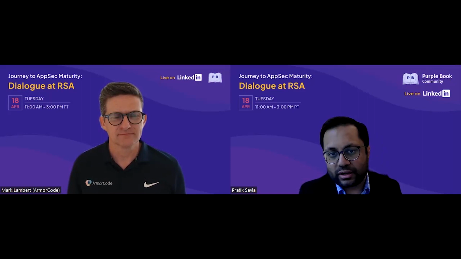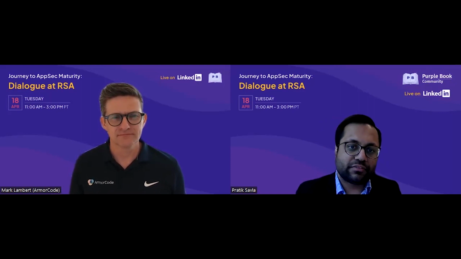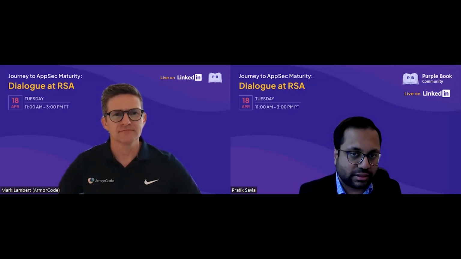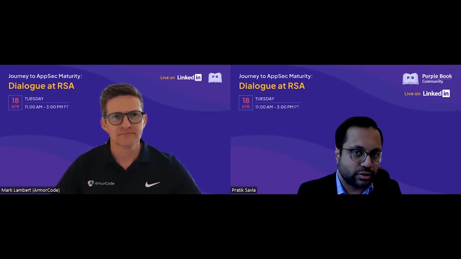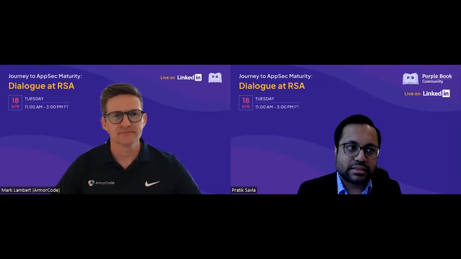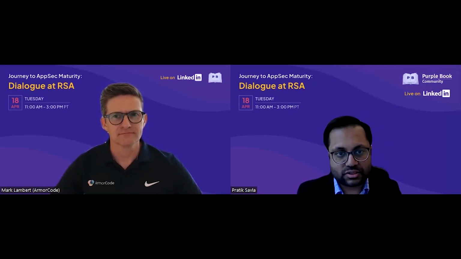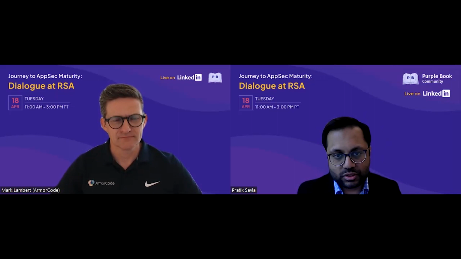And this is not just for internal applications. I would even factor in third-party software that is being onboarded, because that also introduces risk. Also anything that you're assembling with open source components, because there's a heavy reliance on open source components across a lot of organizations that I've seen. So obviously that introduces open source risk.